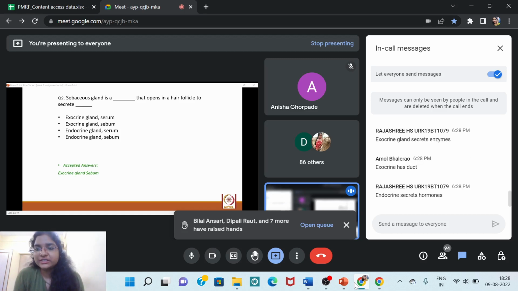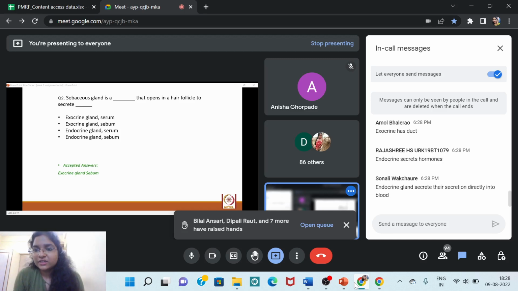Exocrine gland secretes enzymes. Endocrine gland secretes the secretion directly into blood. Presence of ducts, the hormones are reached directly target organs. And this exocrine